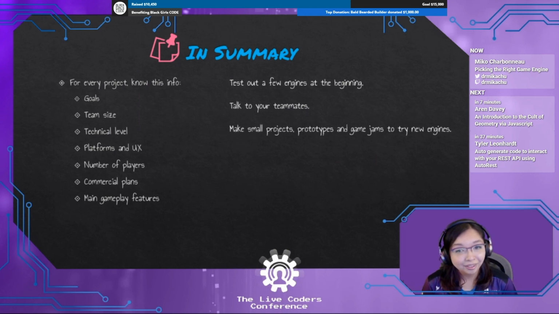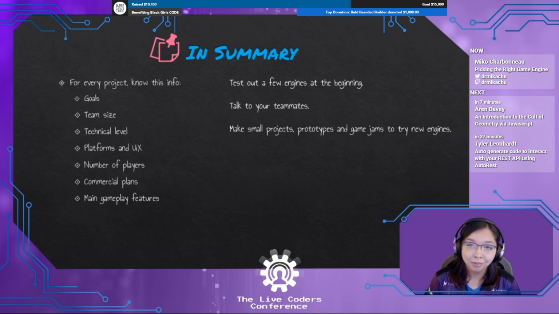All right, so in summary, for every game project that you make, I recommend that you know your goals for your project going into it and that you know the answer to these checklist items. If you are at that point and you've looked at these game engines and you're seeing that there are a top few contenders for you, then what I would recommend is to pick a small bit of your game, something like one feature or one level that you're really interested in doing or you think is really representative of what